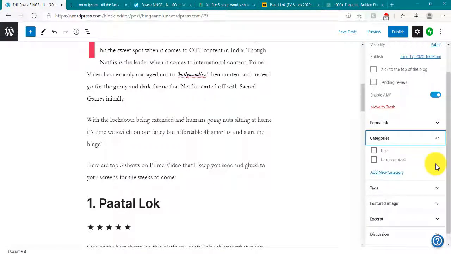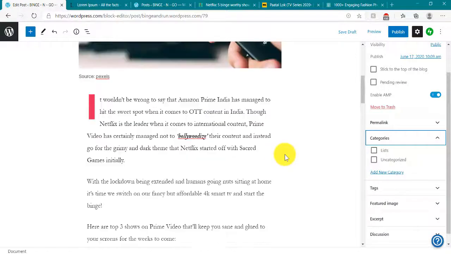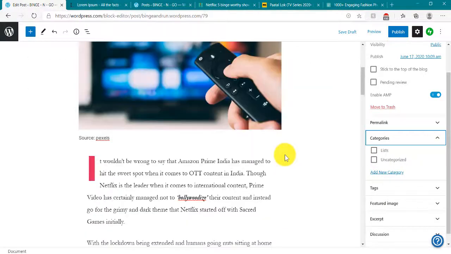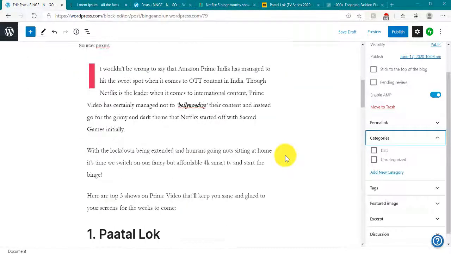Now here it is important. See, in general, your articles will be posted in the uncategorized section, but what if you want to organize them under one category? Organizing your blog posts under different categories actually helps with overall site management, because then people will be able to jump from one article to another with great ease.